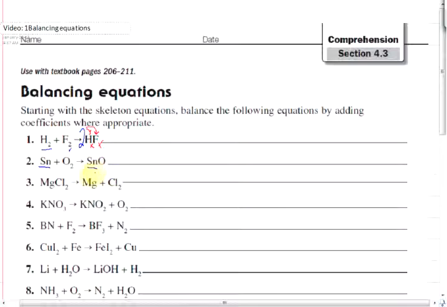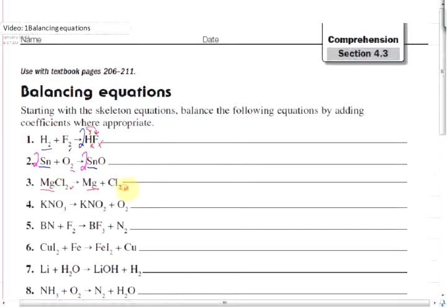For now, they're fine. But if I look at my oxygen, oxygen has 2 here, and there's only 1 here. So I need to put a 2 in the front to make 2 oxygen. That 2 gives me 2 tin as well. So I go to the other side of the arrow, I find the tin, and I put a 2 in the front. My next example, if I start with magnesium, I have 1 on each side, and I have 2